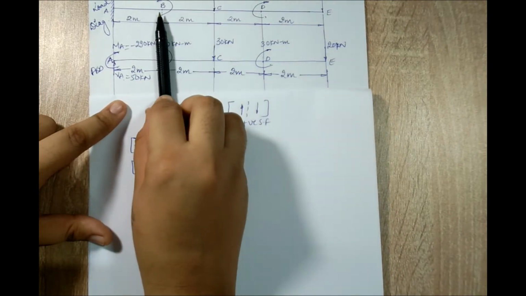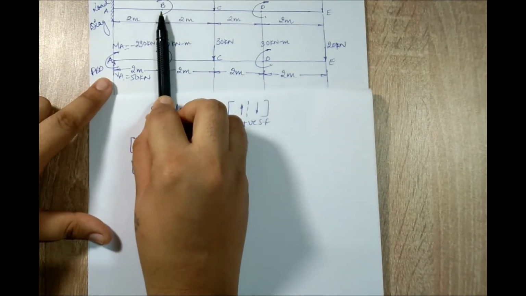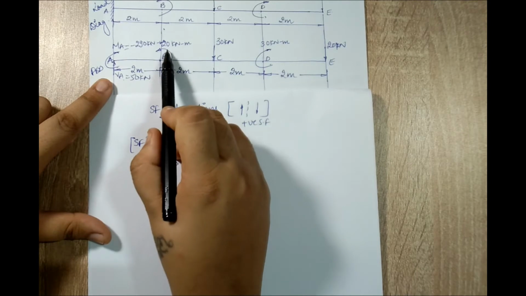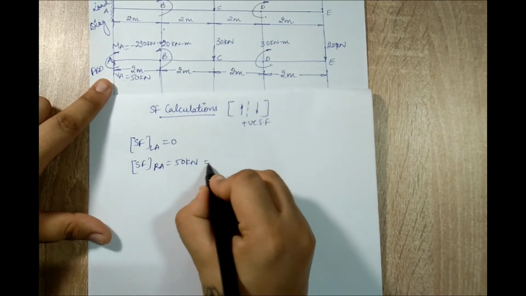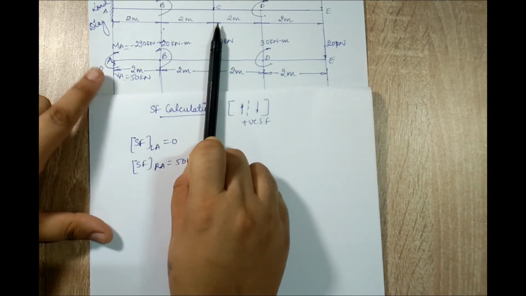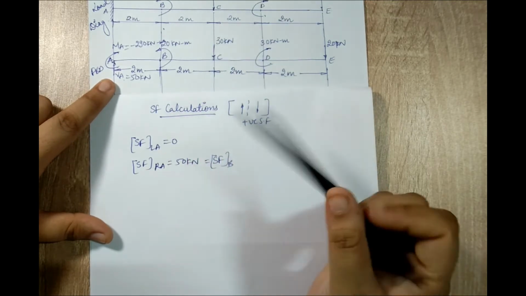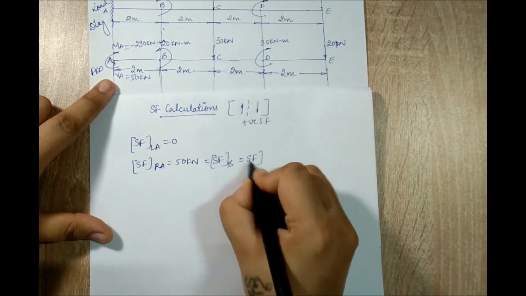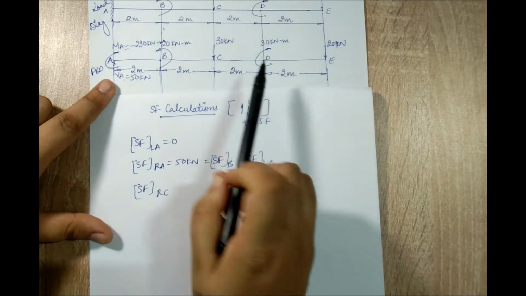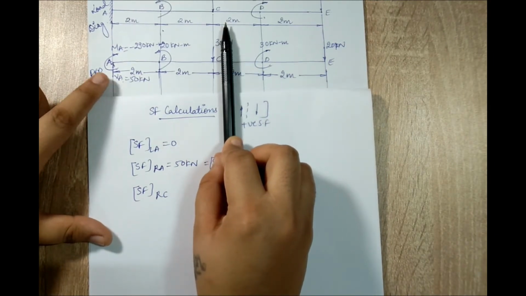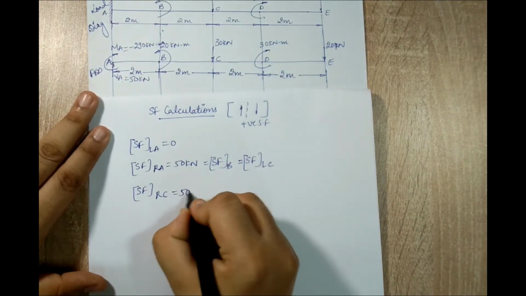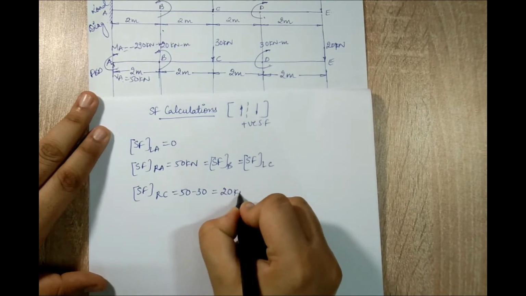Now when I stand at B and I look to the left, I can see only 50. At B, I will not be calculating shear force twice because there is no shear force at this point. So I will directly move to point C after that. So this is equal to shear force at B. At point C, when I look to the left, I can still see only one force going upward, that is VA. So it is equal to the shear force to the left of C. For shear force to the right of C, I'll move a little ahead of C and look to the left. I'll say 50 going upwards, 30 going downwards. So 50 minus 30 is 20 kilonewton.